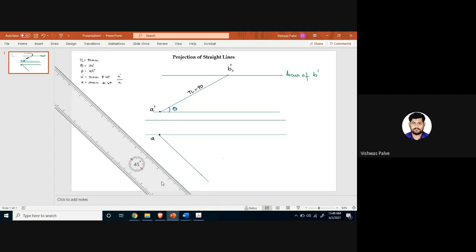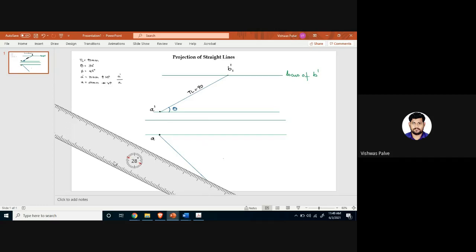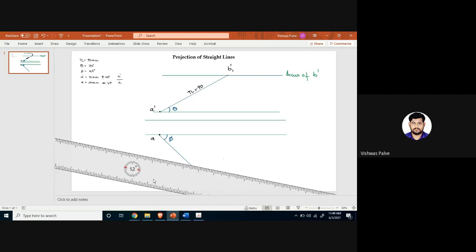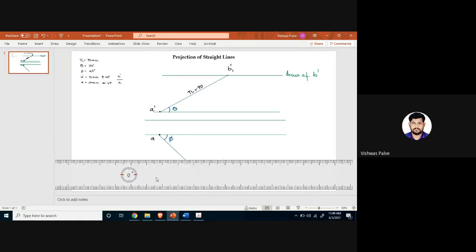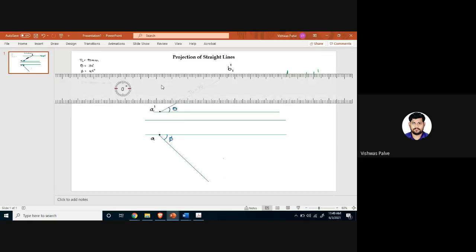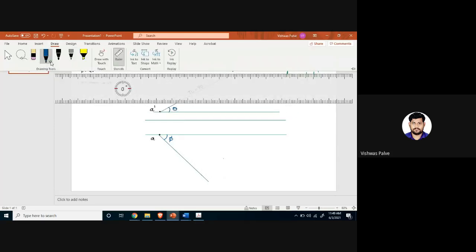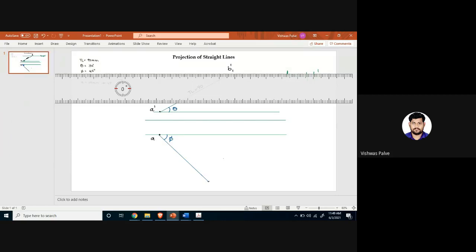So this length is also how much? 90 millimeter, inclined at an angle, and this angle is the phi angle. So this inclination is 45 degree and the length of that line is 90 millimeter. Once you get this, there will be some naming to this point. I will just note it down. You have to take care of naming. This point is named as B2, and this line will be called the true length, which is equal to 90 millimeter.